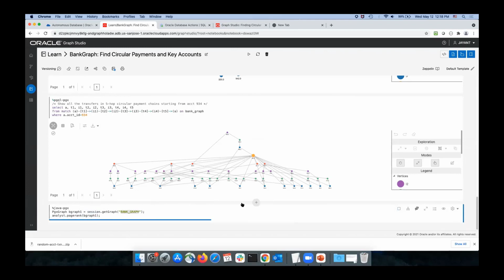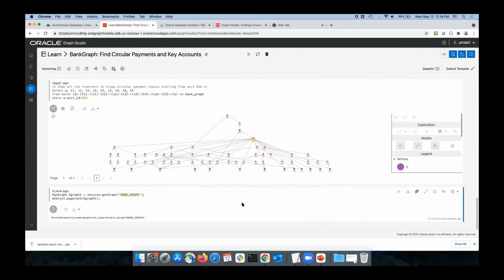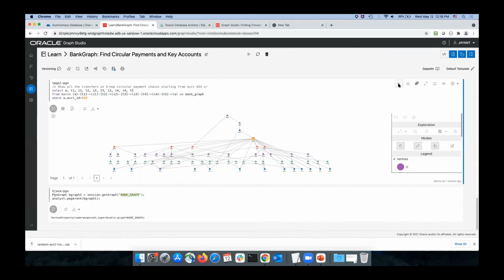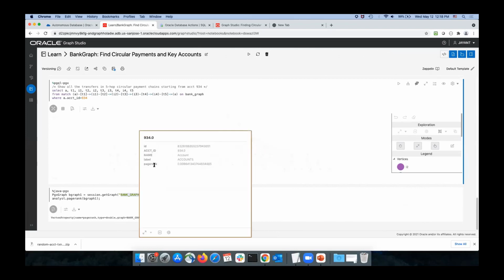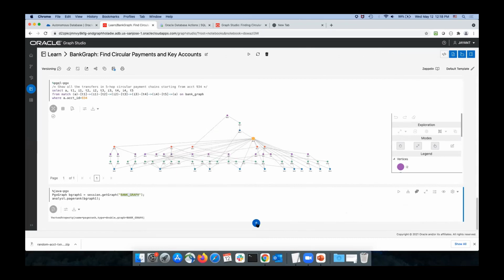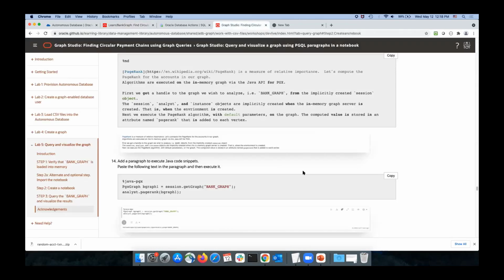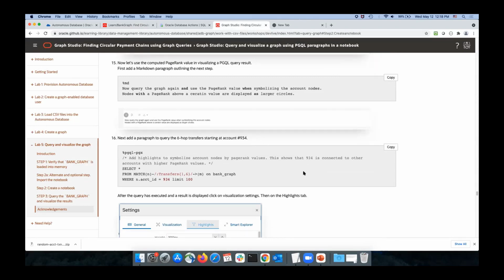So when that executes, what it's going to do is it will add a property to every node on the graph. So if I was to, for example, right-click over here, all I see is account ID and a name, right? If I execute this again, I should see a PageRank. Okay, so that PageRank has been added. I can now use that to do the same thing which I did with the number of incoming and outgoing. I can simply say, show me